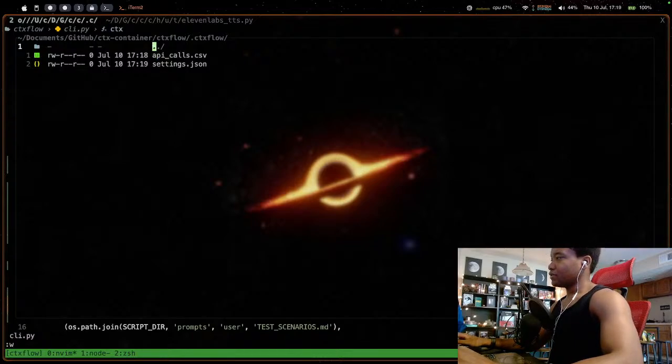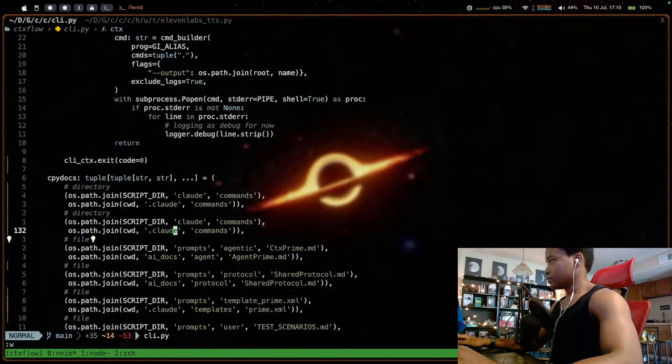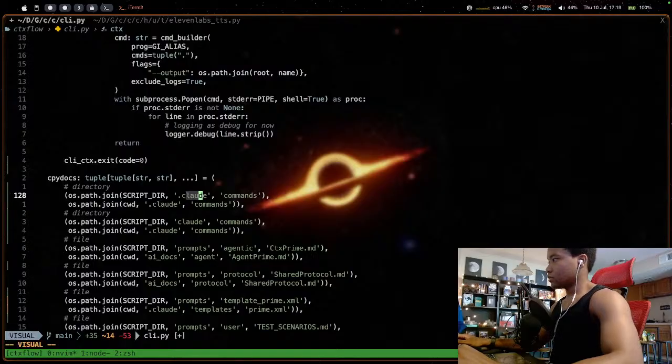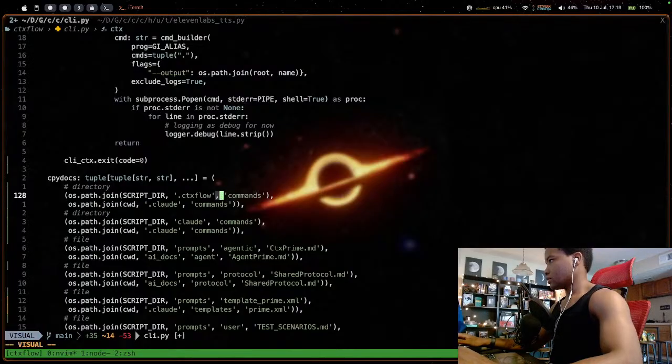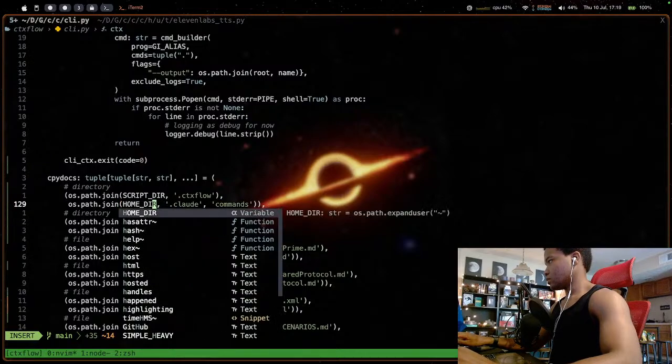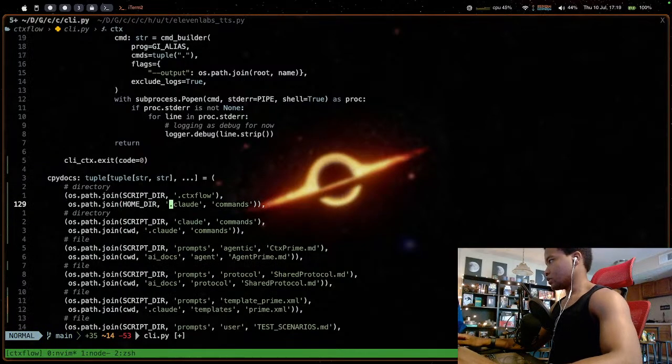I think that's it for now. Descriptor, dot, contextflow. Under call is the same thing, ctxflow.